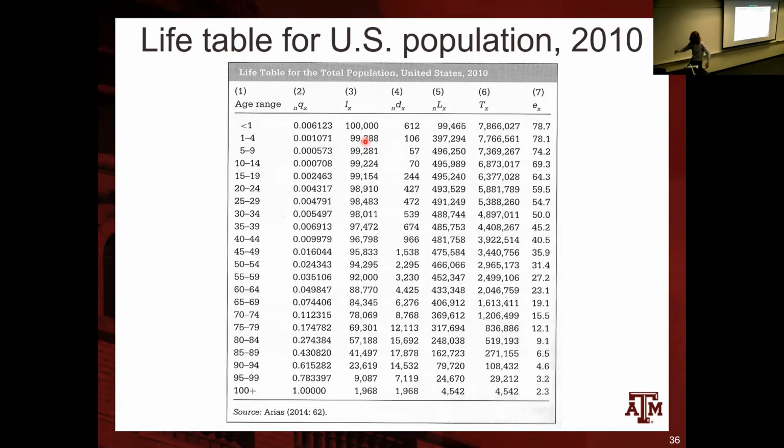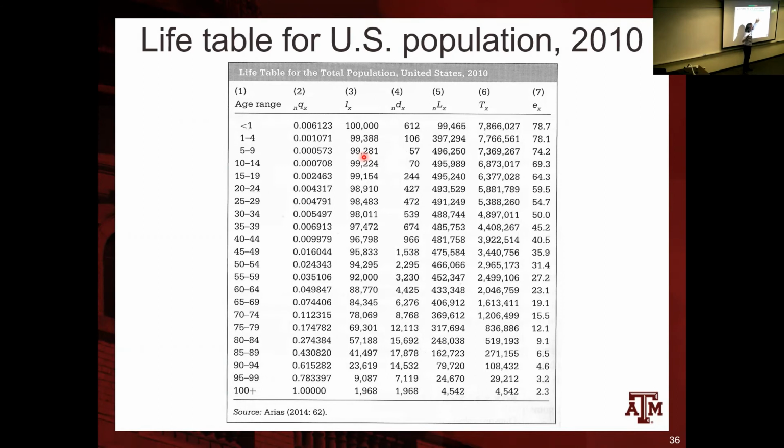Let's just go a little bit further. This number here, let's say that there is no mortality. And these people here, 100,000, will reach at least 10 years of age. So everybody lived from 5 to 9 and reached age 10. Width of the interval, 5 to 9: 5, 6, 7, 8, 9. 5 years. Everybody lived throughout these 5 years, so everybody lived 5 years. Multiply by 100,000, we should have